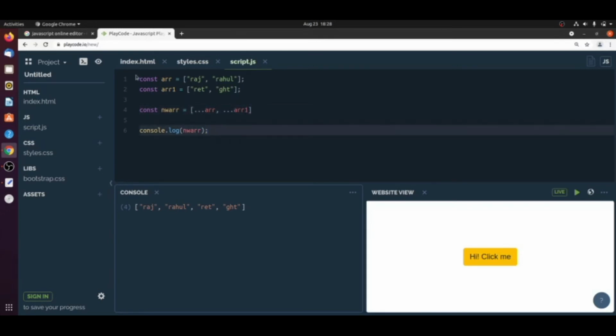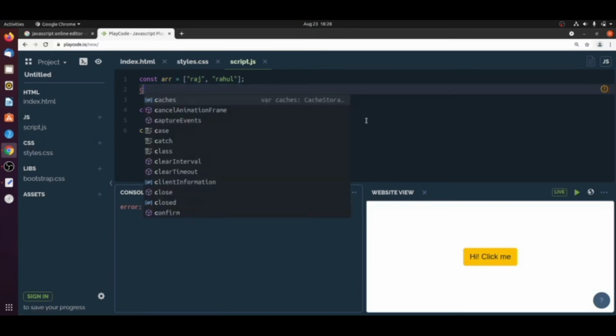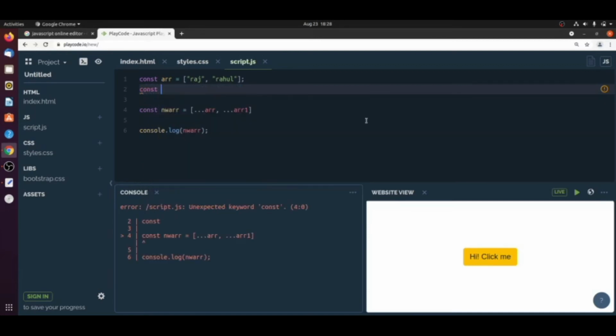Okay, I'm deleting this. Let's take one first array, and I have one more value, const name equals to, say, gst.